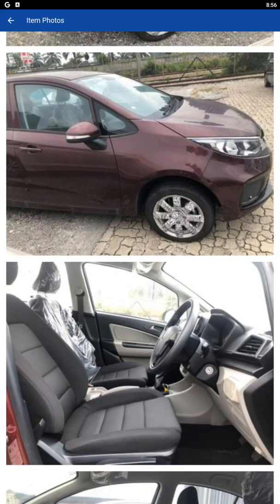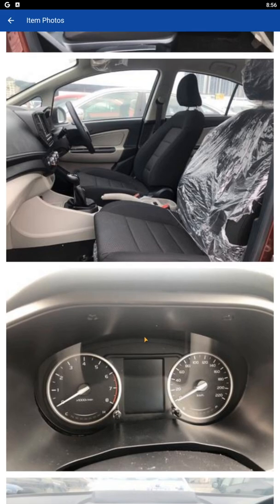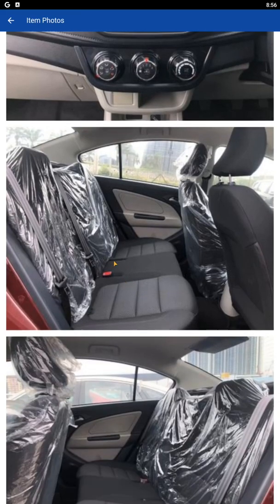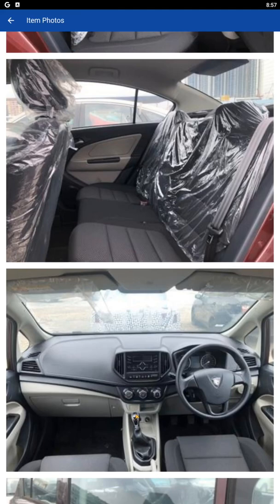And inside, yeah, standard model, judging by the lack of keyless entry and the lack of the black panel on the door cards. This is a manual variant. I'm surprised that they still do R&D on manual cars. But hey, they're fulfilling a very niche market, which is good, I guess. We have the 2019 radio, 2019 seats, the new gear knob,